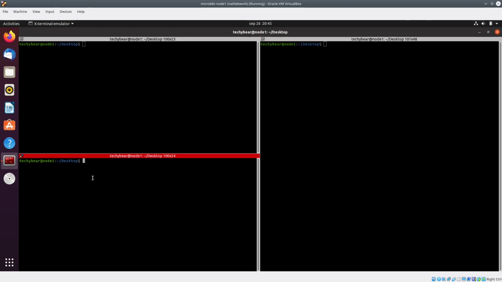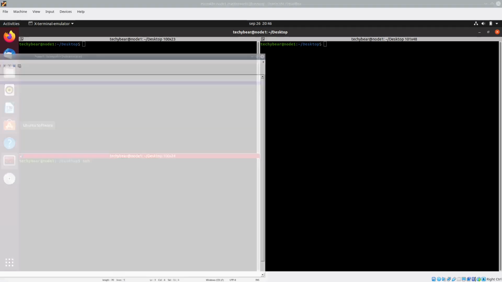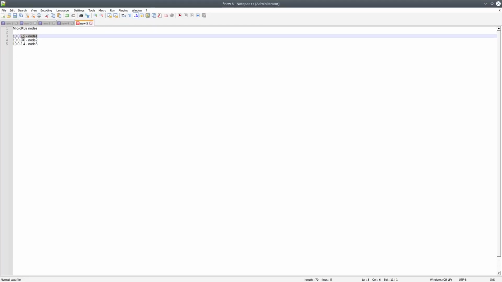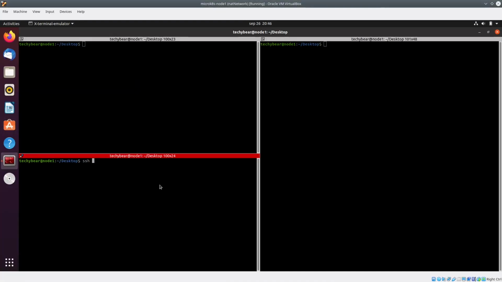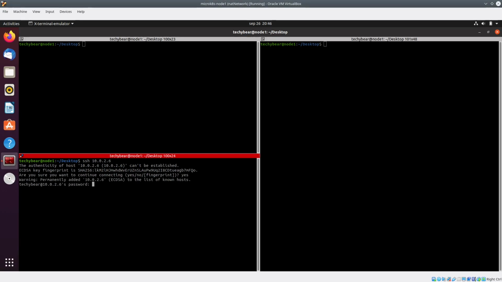On the second and third terminals, I will be connecting to the nodes, Node 2 and Node 3. So I need the IP address. Here is the IP address. SSH to the IP address. Yes.